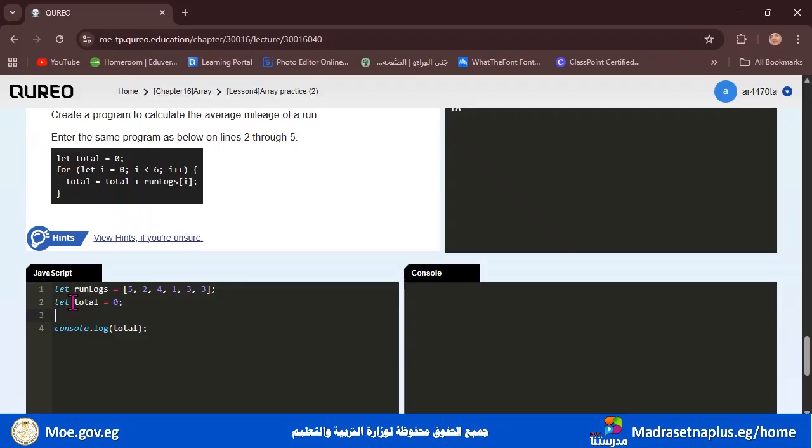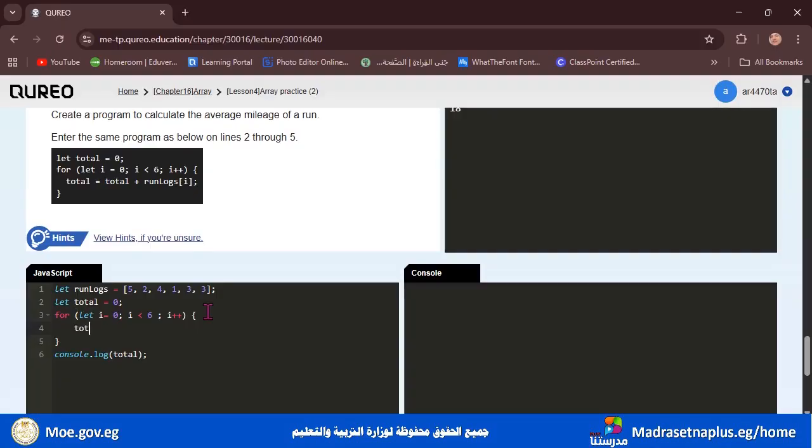Okay, so we write for, open the parentheses and let's write let i equal 0 and put a semicolon. i is less than 6 and semicolon and i plus plus. Okay, let's open the curly brackets